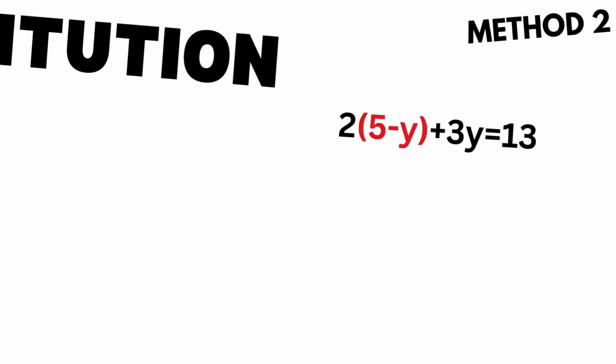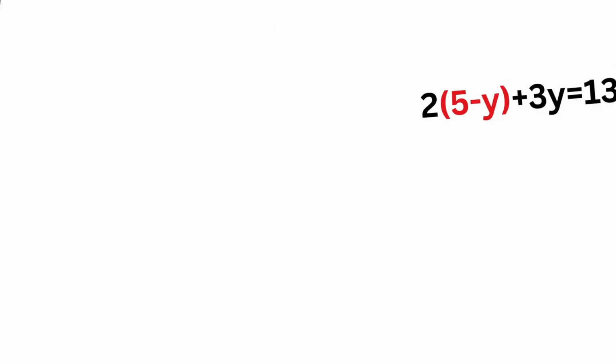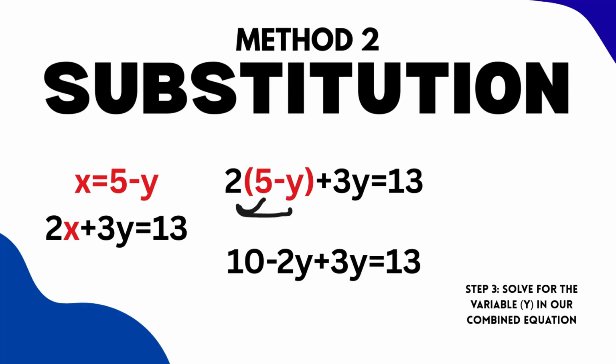Now for the second step, we plug that into the other equation, 2x plus 3y equals 13. We have x equals 5 minus y, so plug what x equals into the second equation's x, as shown in the picture here. Now solve for y by distributing and combining like terms. When we say combining like terms, we mean combining the same stuff, like the same variables, the numbers, etc. So then we get 10 plus y equals 13,